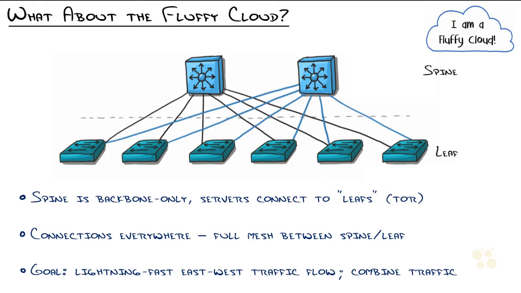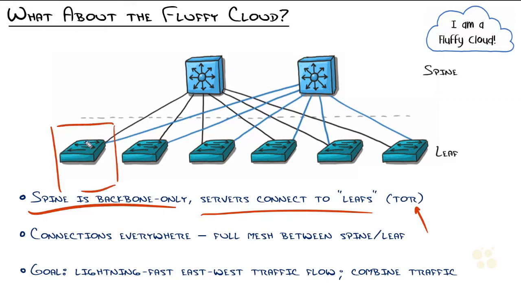So while we're at this point where I'm just describing what it does, let's keep it simple. The spine is considered backbone only. The servers actually connect to leafs using those top of rack switches. So let's see, how can I best say this? So this might be a rack of equipment right here, right? Your switch, you probably have multiple ones, so a couple switches up at the top. Those would be considered your top of rack switches, and those are connecting to all of the servers.